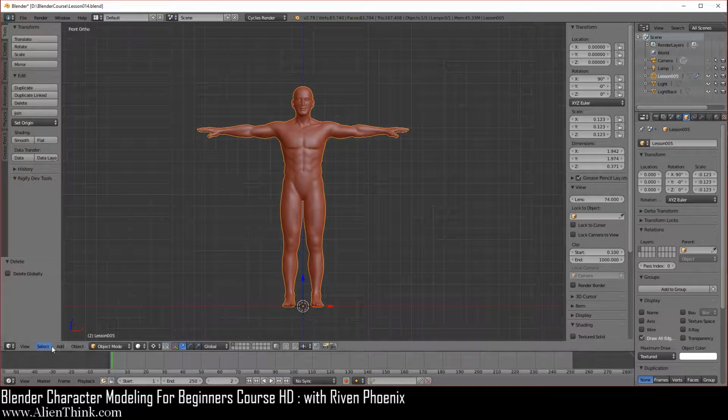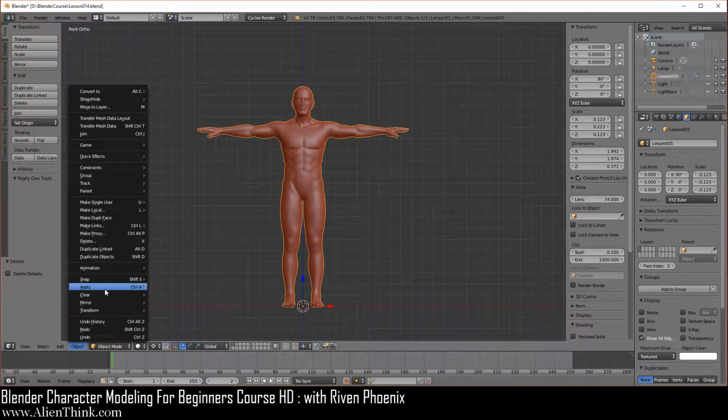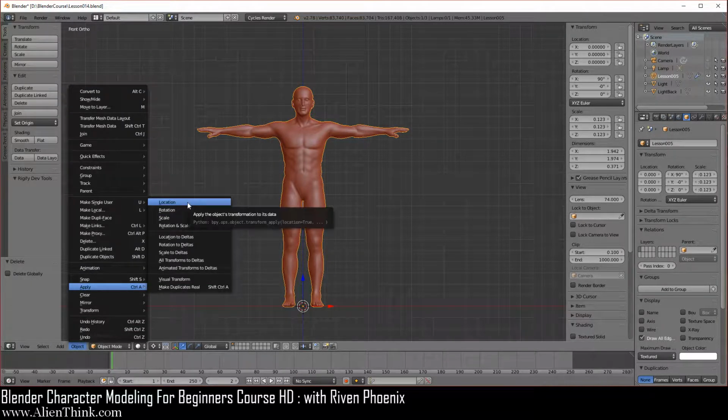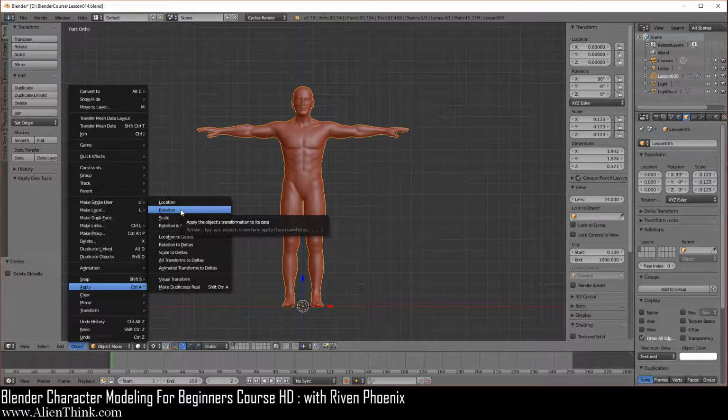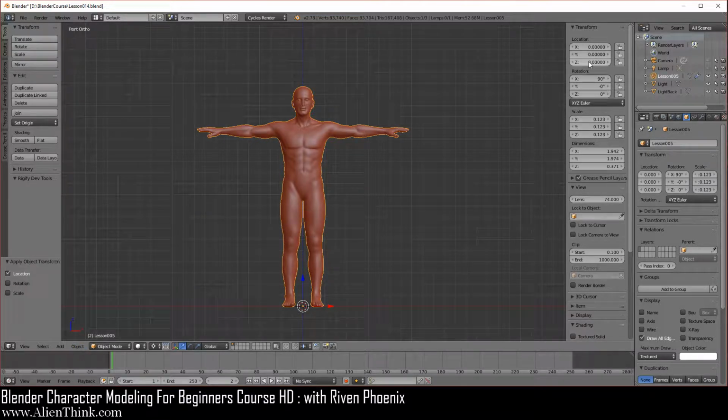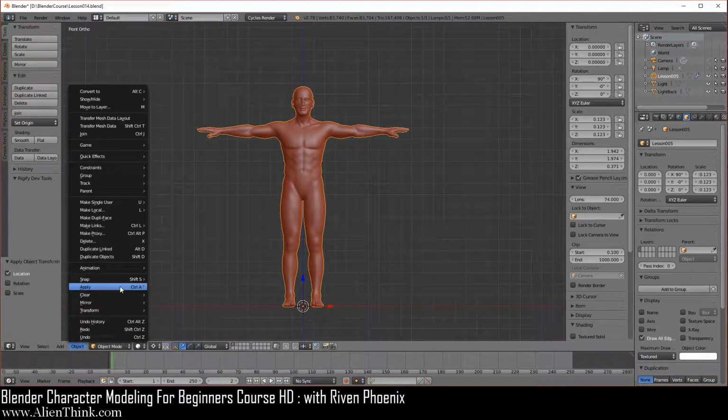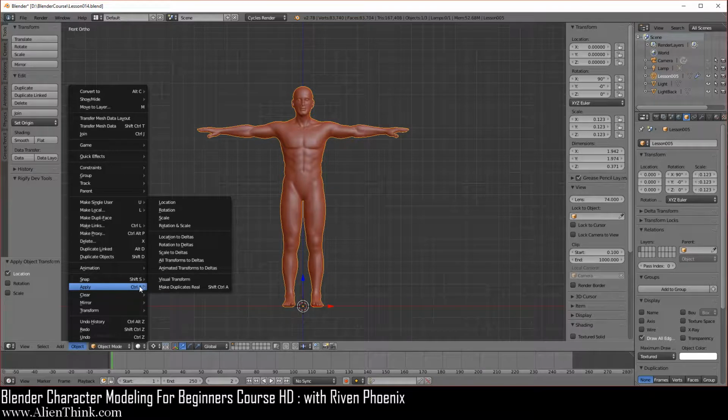Okay, so in object mode, all you have to do is go under object, apply, and you can see that you have location. Basically, it's asking you what do you want to reset that you change. So we are just going to do location. If I do location, you'll see that it's still 0. So I'm over here in object mode. Now remember, this shortcut key is Control A, and in edit mode we were using this Control E to rotate edges, right? So in object mode it's being used over here.